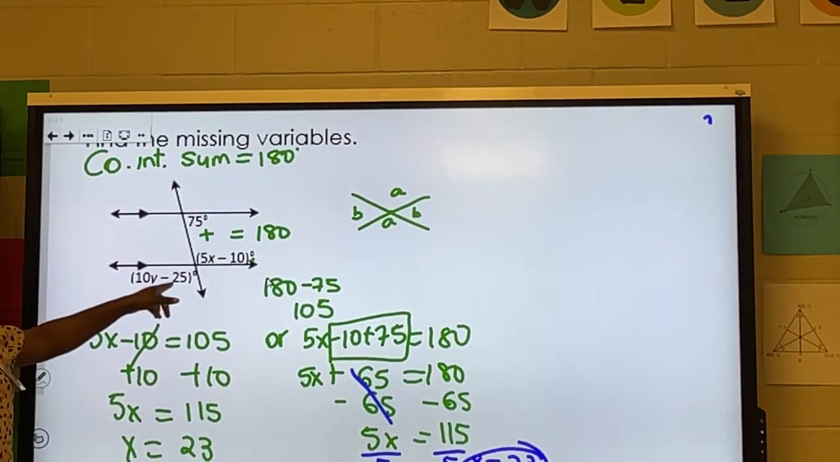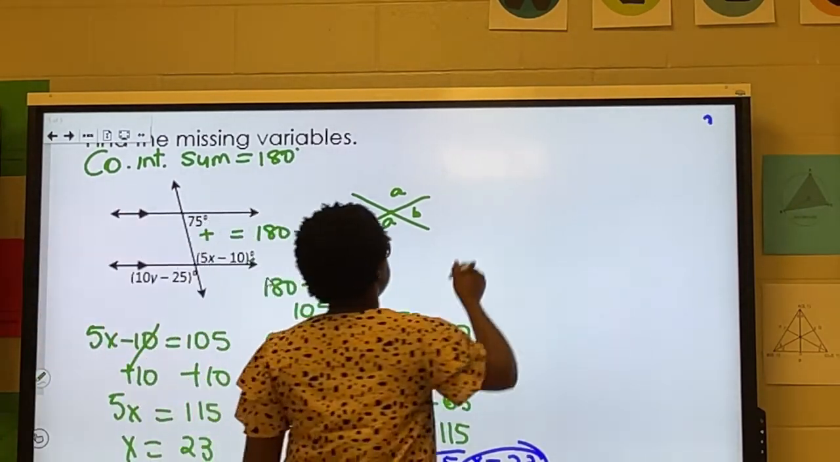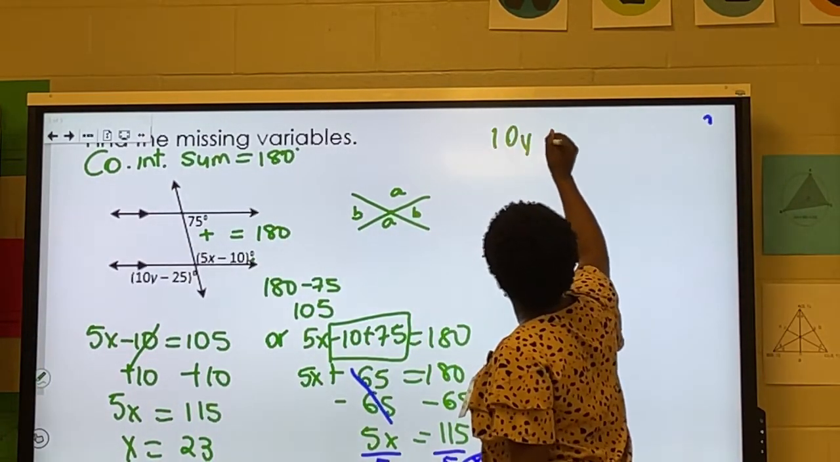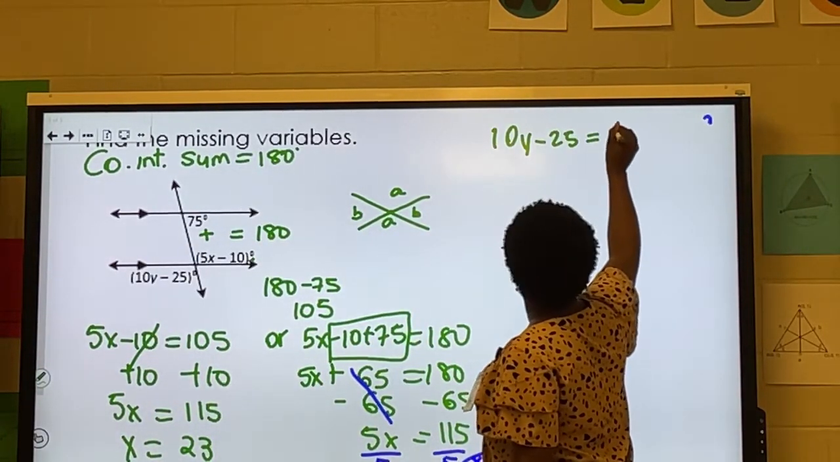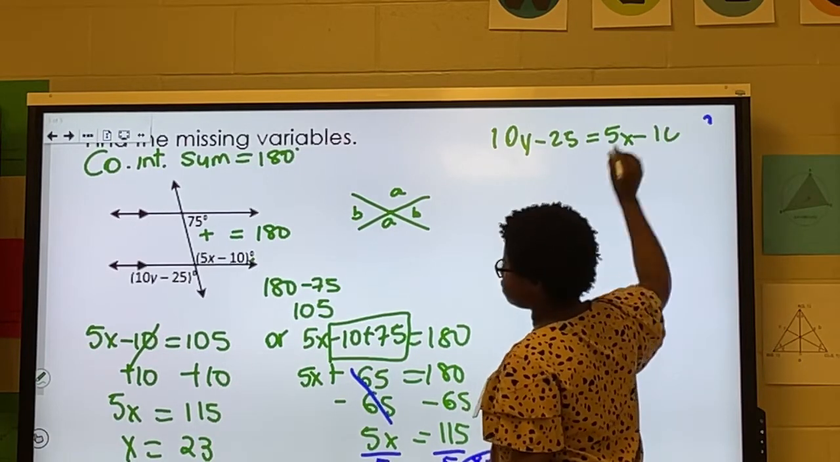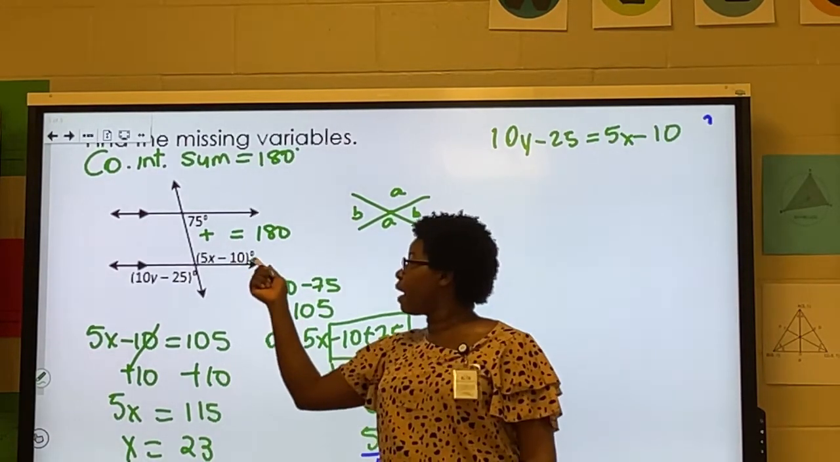So 10y minus 25 is equal to 5x minus 10. And we know that 5x minus 10,